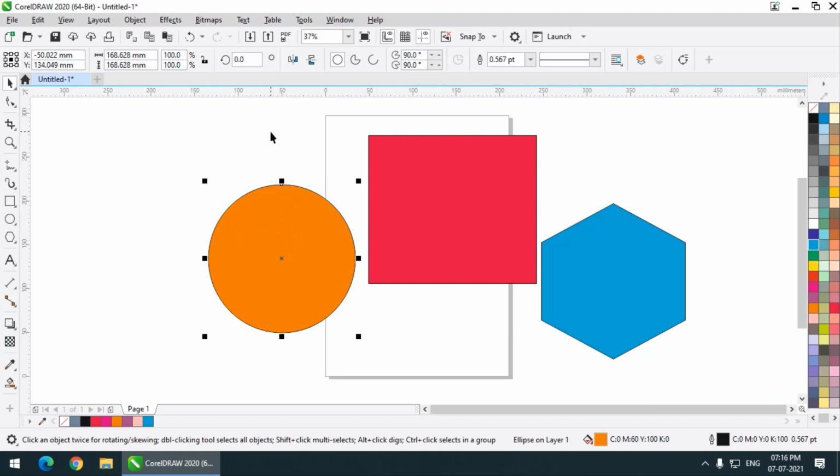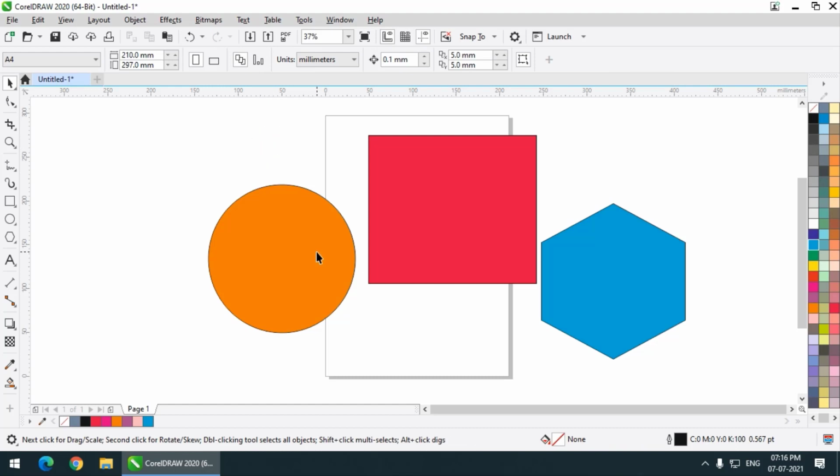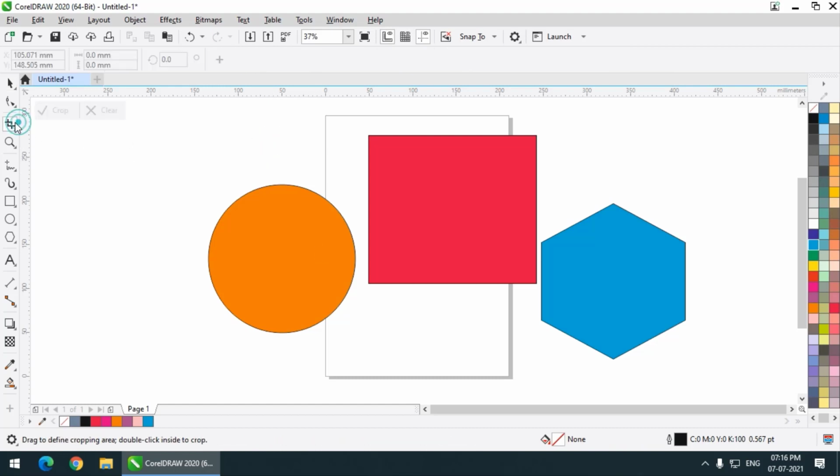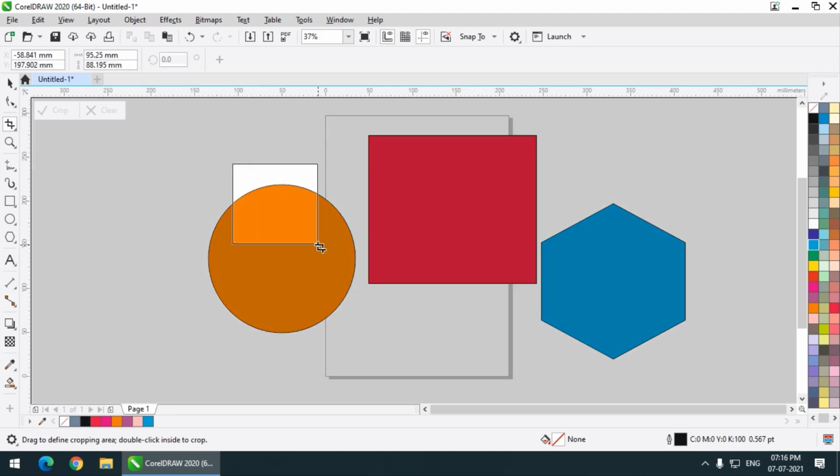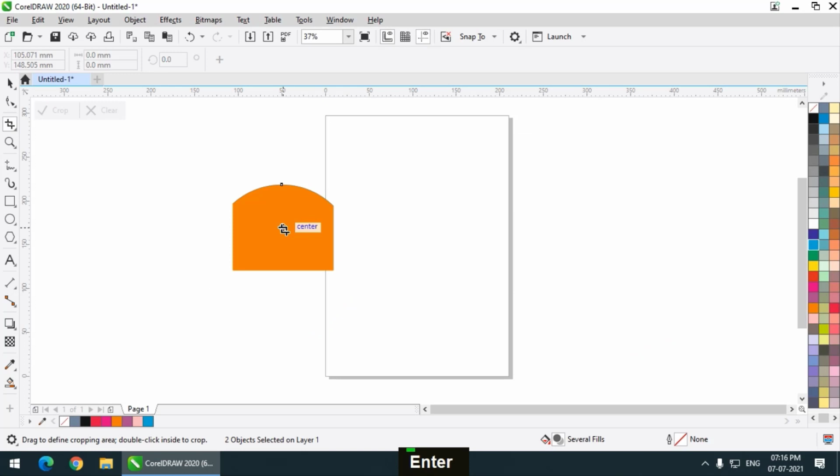Let us see what will happen. I'll do the same thing and press the enter key. As you can see, only the area that I had selected remained, and the remaining area disappeared or was cropped.